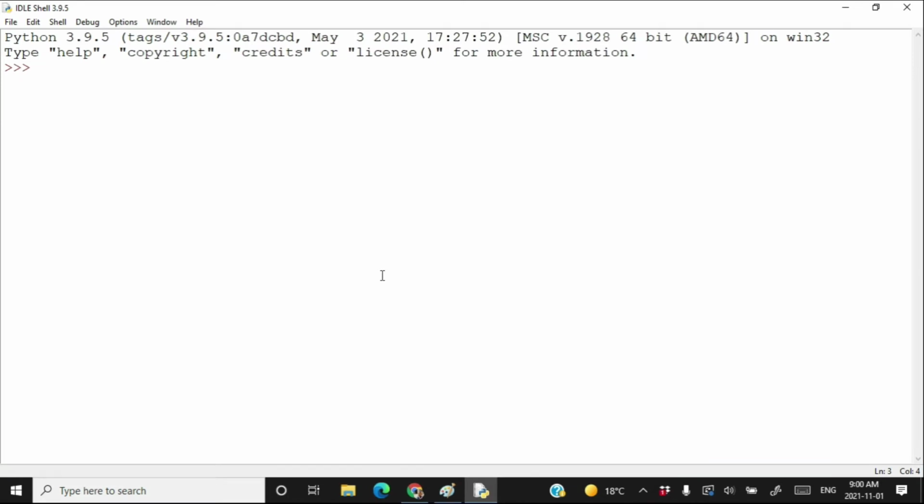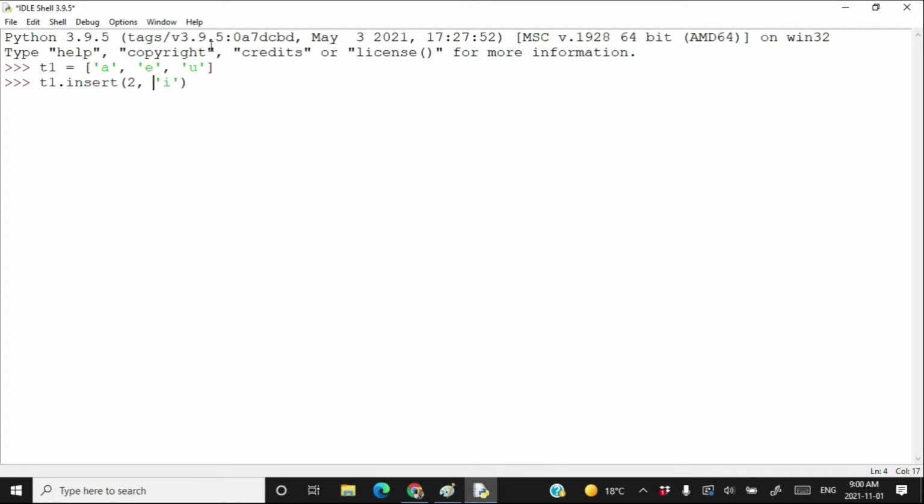Suppose that we have a list T1 is equal to A, E, U, character A, character E and character U. So you have three characters in the list T1. Now I want to insert T1.insert. What I want to insert is I want to insert I, but I want to insert I at index number 2.